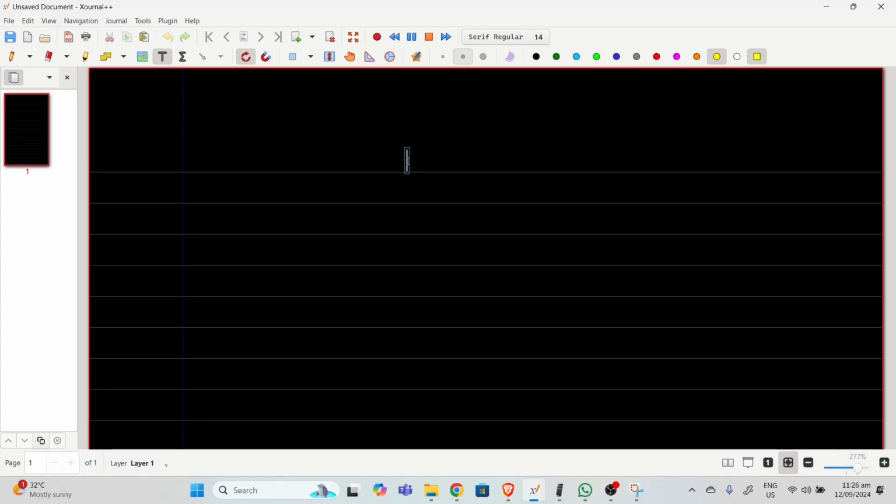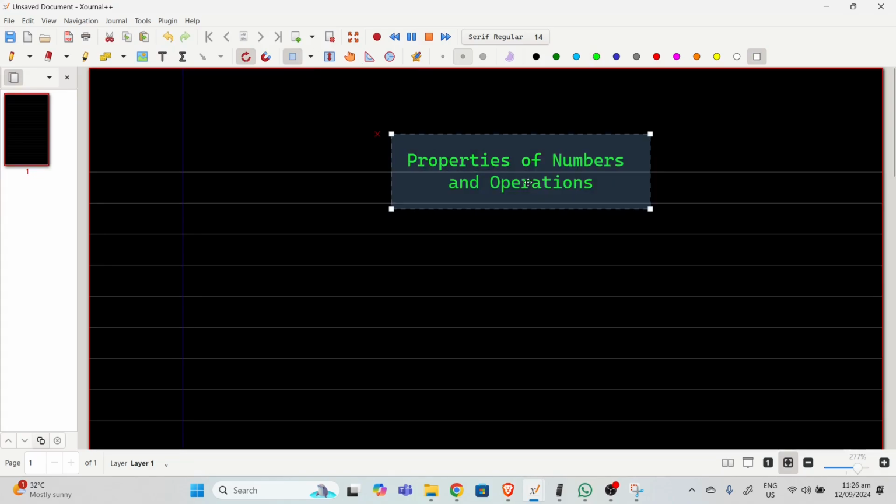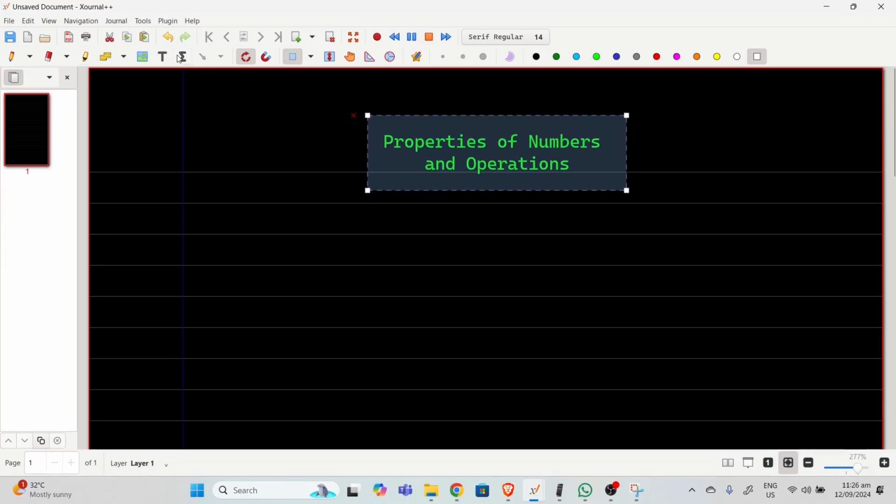Today what we're going to do is look at the properties of numbers and operations. So, properties of numbers and operations. Let me just split this out like that. Change the color and then move it up a little bit. Right. And the objective for today,